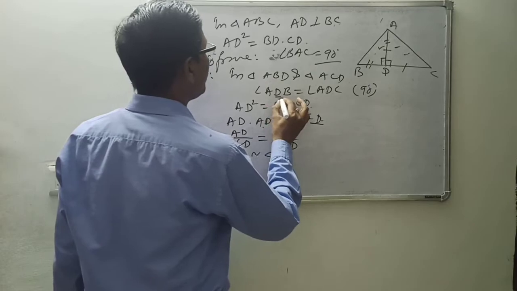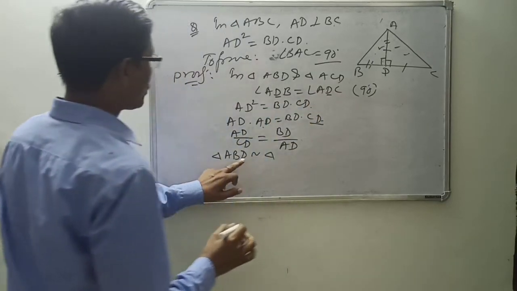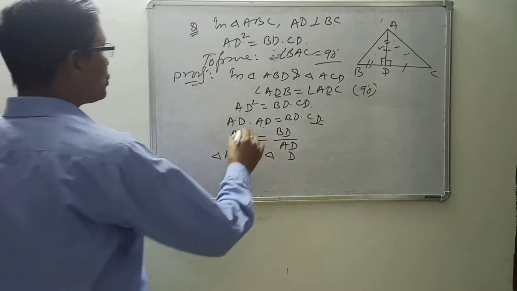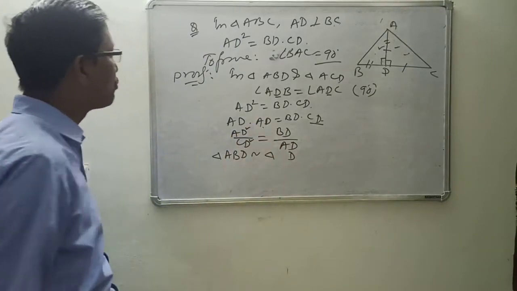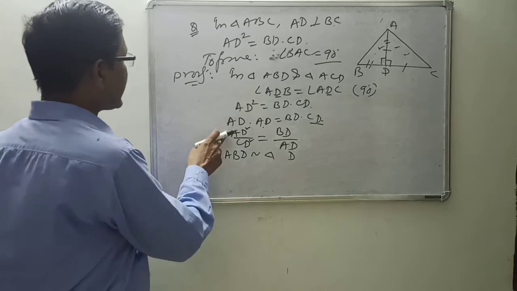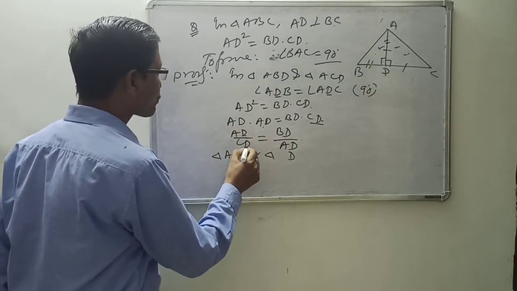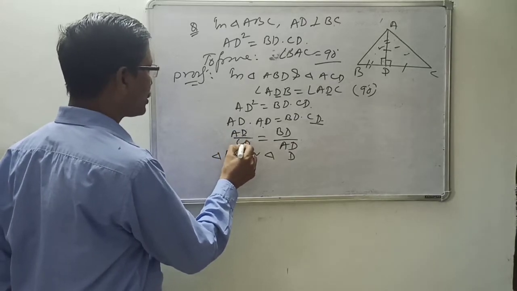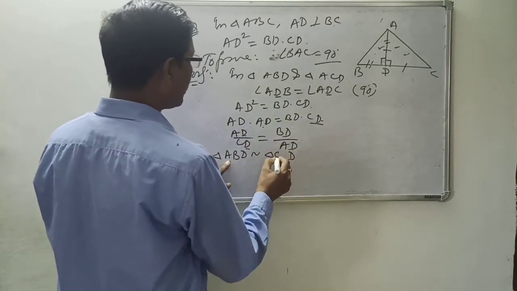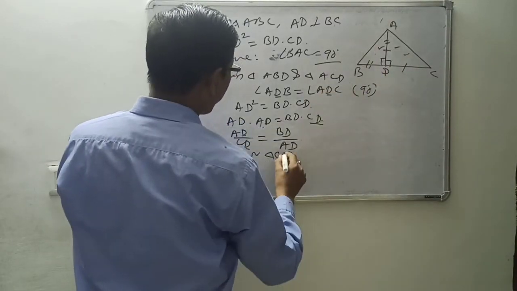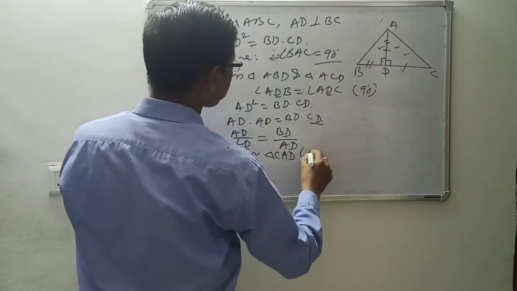First angle. D angle is equal to D angle. So D you have kept here last, so that's also will be last. So D is corresponding to D you got. So what you are getting? A is corresponding to C. Since D is corresponding to D, so A is corresponding to C. So A you are having first, C first, last D. C, D, so in the middle you will have the A.